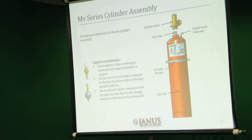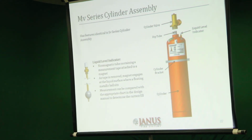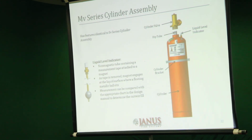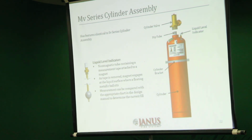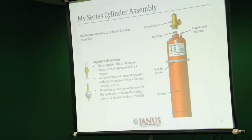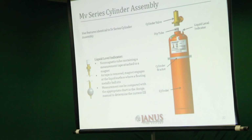The MV and the LV incorporate a liquid level gauge. The smaller cylinders are manageable by muscle power to check the weight and the integrity of the system, if you wish, the amount of gas confirmed by the pressure reading on the pressure gauge. This allows you a redundant feature of avoiding taking out the cylinder to weigh it. We have a magnetic